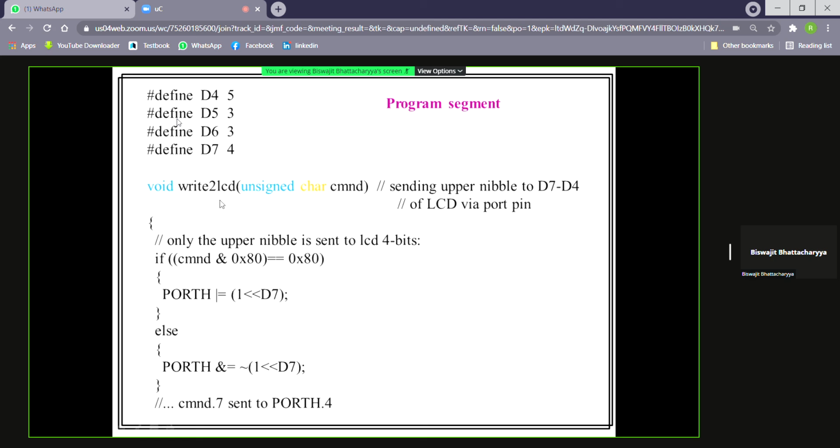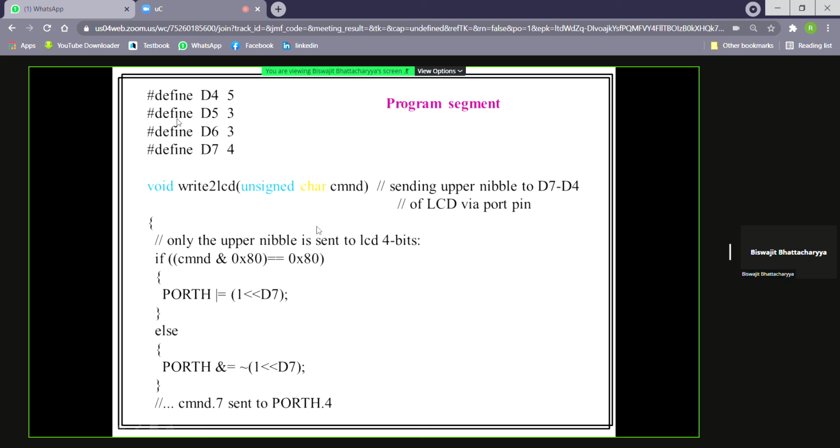Now first we write a function, write to LCD, with an unsigned char command. Unsigned char means an 8-bit unsigned number. Only the upper 4 bits will go to this particular port pin.